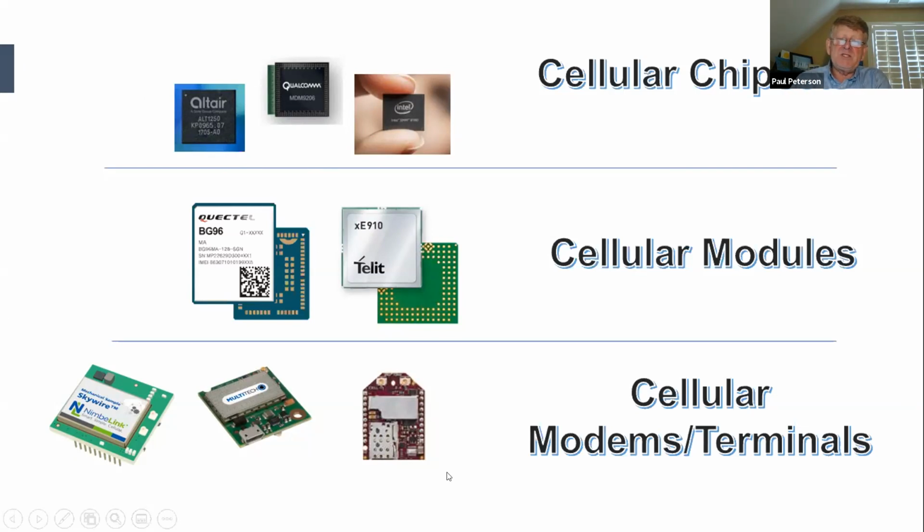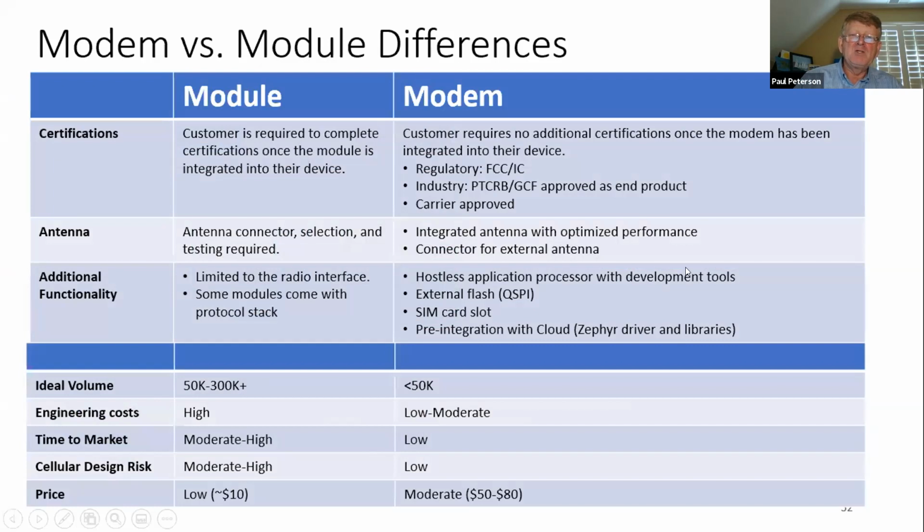And then we talk about modems. What's interesting is modems themselves kind of look like modules, and in many of these modems we can actually solder them down to our own printed circuit board, but they carry all certifications. They're ready to go. Most of them, as you can see here, have SIM cards on them. So the difference: modules still require ideal volume. We say 50,000 to 300,000 at the module level. You might get by with around 10,000. Pretty high engineering cost, but they do have lower costs than the actual modems. And these modems with NB-IoT, I dare say, are coming down into that sub $30 range at this point with the newer IoT standards.